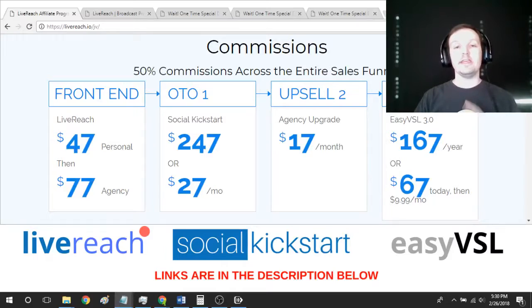Here's why. Easy VSL 2.0 came out, actually 1.0 came out, and I was considering buying it, but it was just about when 2.0 was about to come out. So I waited, I think, 3 weeks. I bought 2.0. It was a one-time thing, and I would totally pay monthly for it because it's an amazing piece of software.